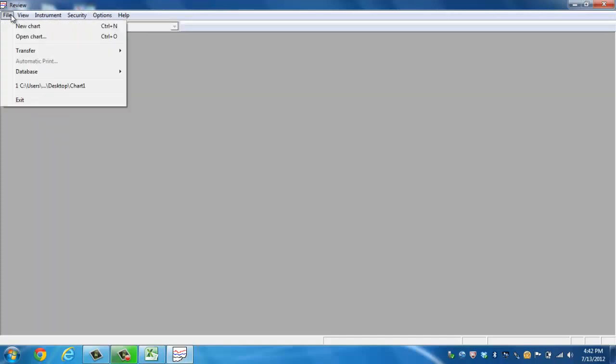And again, we're not going to get into every particular detail, but we're going to hit the majority of the options within review and just show you around some of the menu structure. So as you guys should be familiar with now, we have the review program open. And I guess really the first thing to look at is the upper left hand corner. We've got a couple of menus going across here: File, View, Instrument, Security, Options, and Help. So we're going to start with File and go through all the different options you